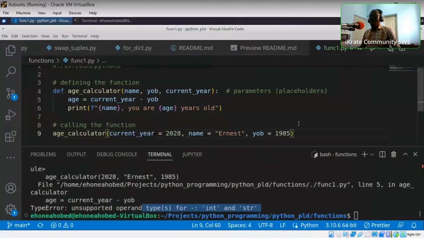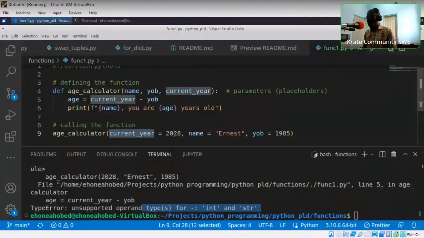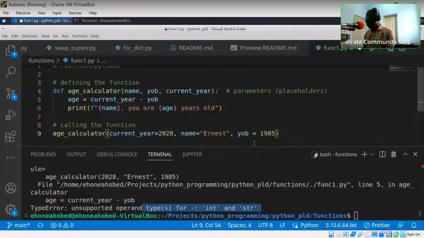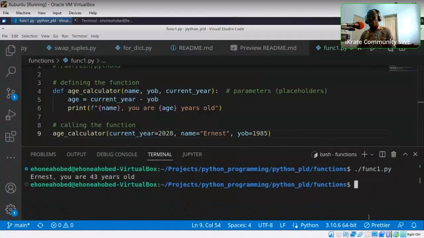The only difference is that here we are aware of the parameters that are to be used, and for that matter, we call their names when we are passing our arguments. When you are doing these things, it's recommended that you don't leave spaces. That's the recommendation, so close out the spaces. Great. Now if I run this program, hopefully it should give me the right answer. And it says, Ernest, you are 43 years old, which was the same thing we had when we had them